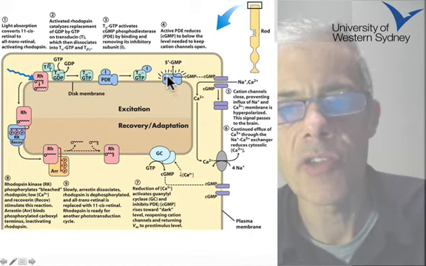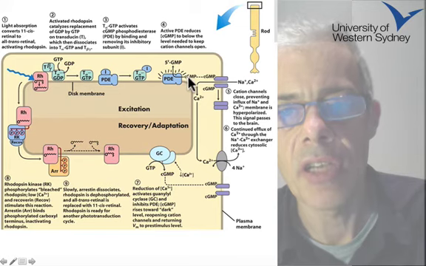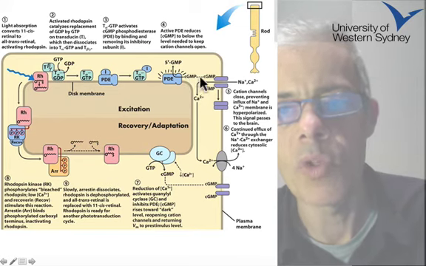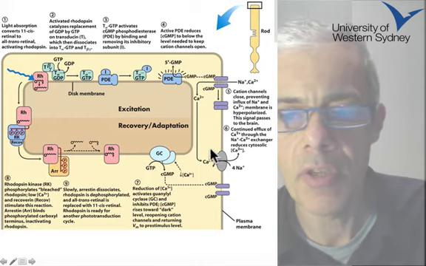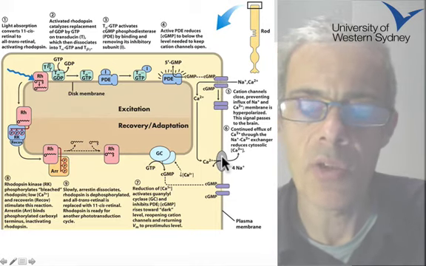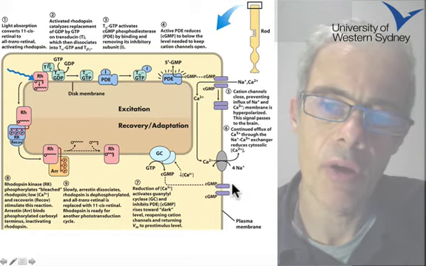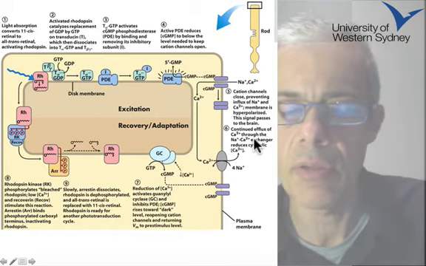The phosphodiesterase then breaks down cyclic GMP, therefore causing closure of this channel. There's another channel which is still pumping away, causing hyperpolarization of the cell, leading to a signal going to the